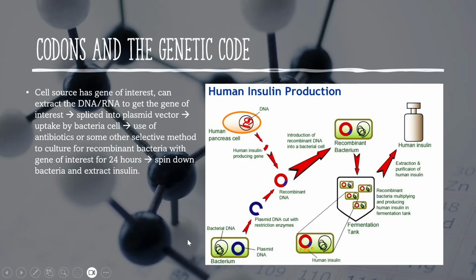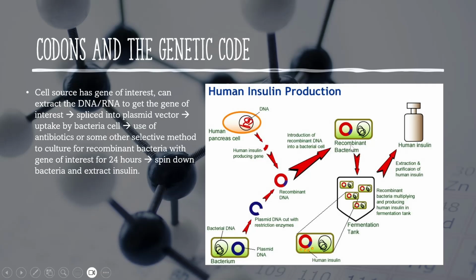So the bacterial chromosome is separate from the plasmid. The plasmid can't associate with the chromosome. It's just a little piece of extra DNA. The bacteria have little plasmids where they store extra genes that they don't necessarily need but could be helpful, like antibiotic resistance. And the plasmid vector is really cool for us because that's how we can insert the instructions for them to make insulin. So we splice the